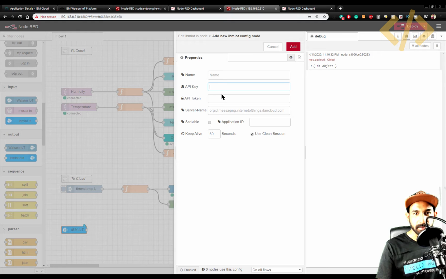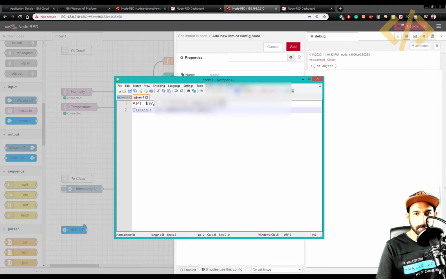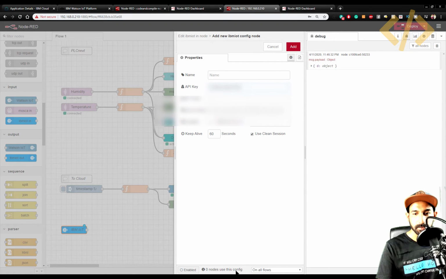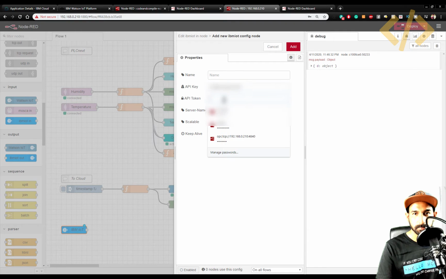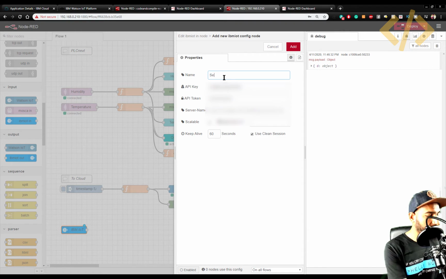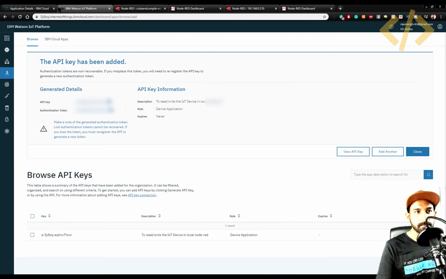I need the API key and API token. So in API key, I will put my key. That's my API key, and then I will put my API token. And I will name it setPoint. Server name would be the same.